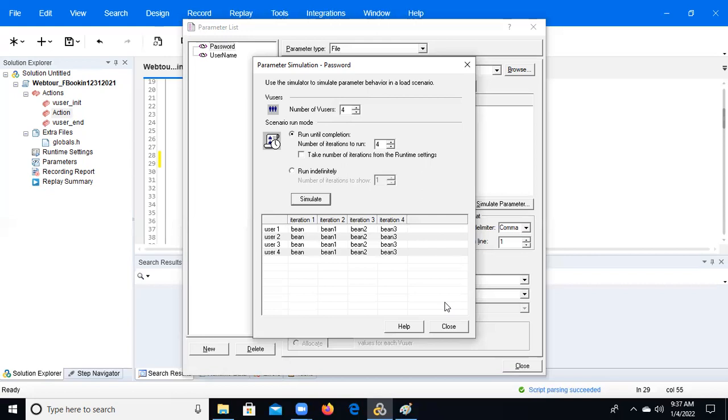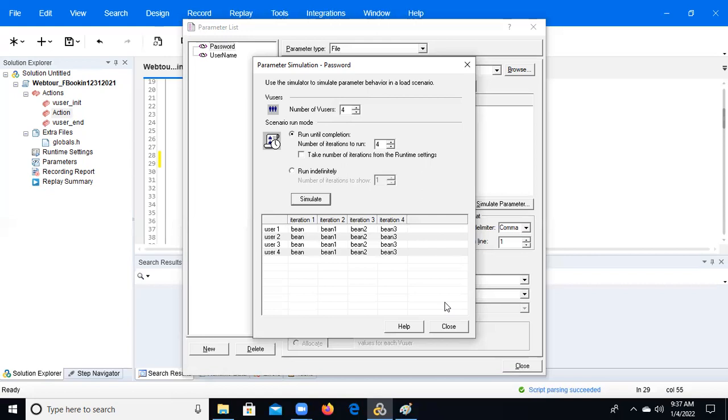Can you give me an example? Yes, for unsecured applications it is possible. For secured applications we can't do this. If it is a banking application, using the same password for everyone is not good.